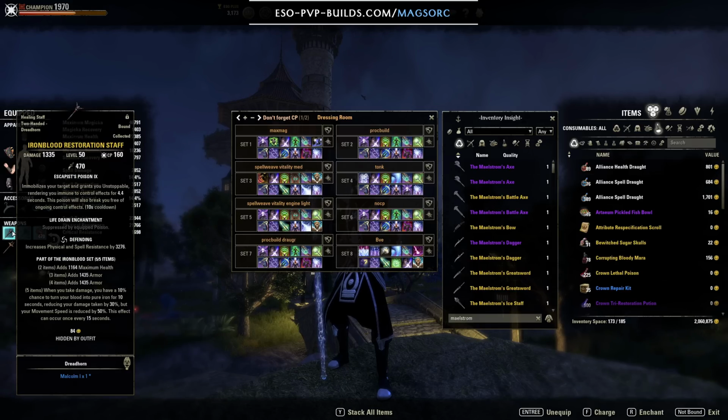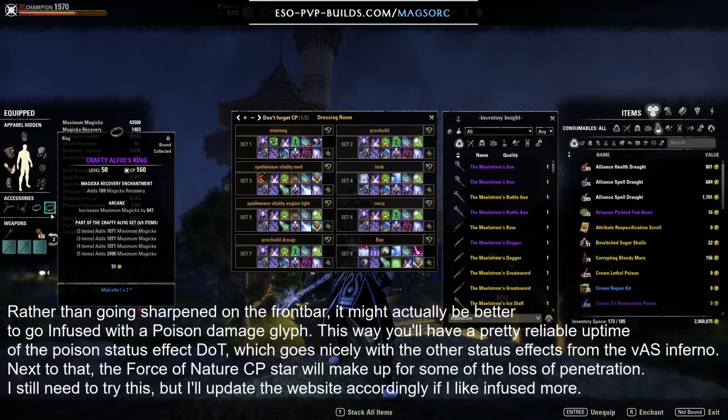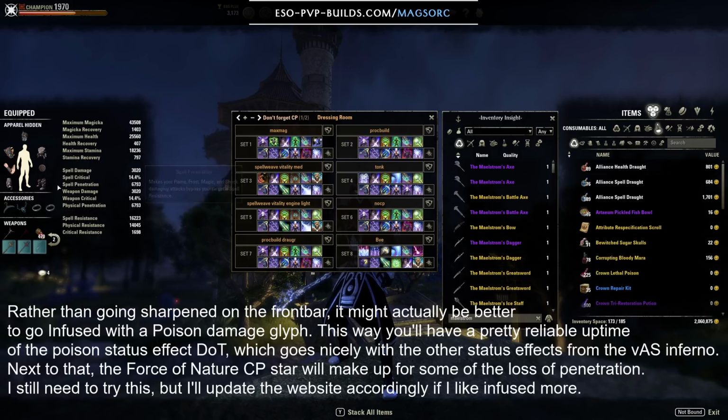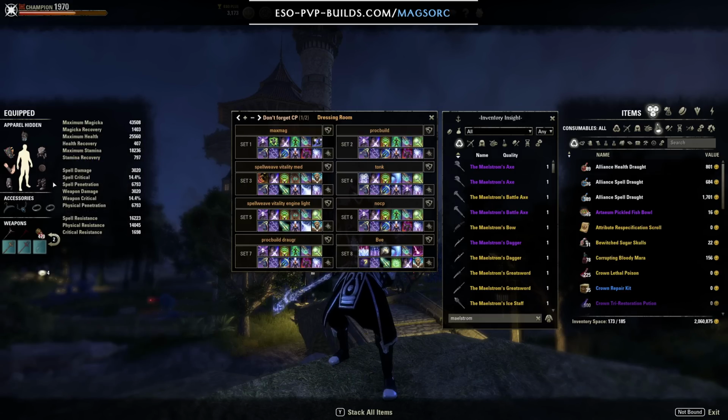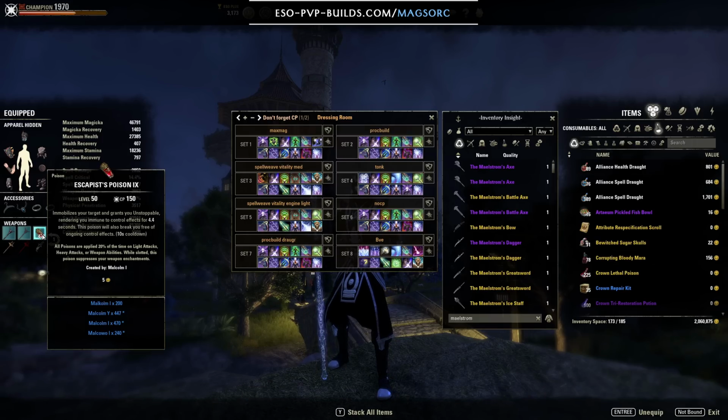The back bar trait is defending, the front bar trait is sharpened. The jewelry enchants are full maximum Magicka recovery. You could also slot Triglyphs, Tri recovery if you want, if you should notice a stamina recovery at some point. And then on the back bar, like in the previous build, I have Escapist's Poison, giving me immovability and rooting